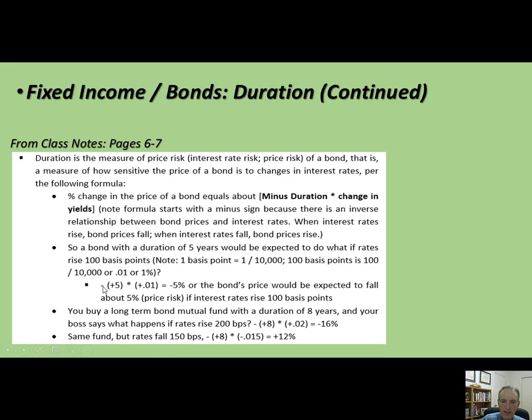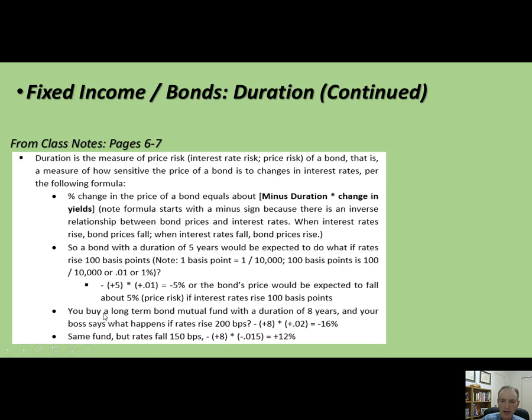So you take minus duration. Duration is a positive 5 times an increase in interest rates. I said interest rates rise, so plus 0.01. That formula will give you negative 5%. So what that means is if you expect interest rates to rise 1%, so interest rates go from say 2% to 3%, you would expect this bond fund or this bond to lose 5% in price